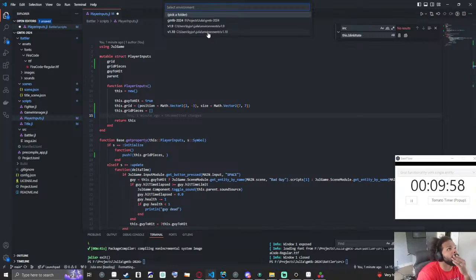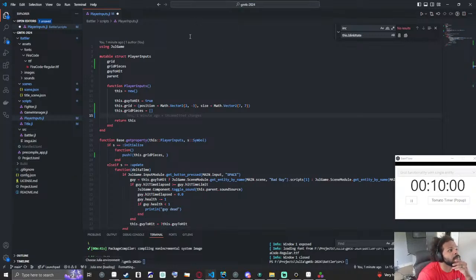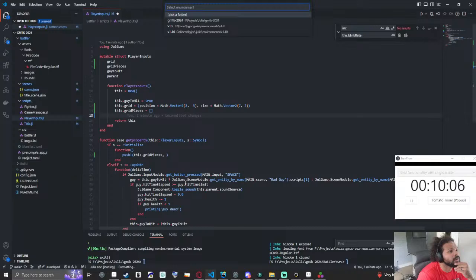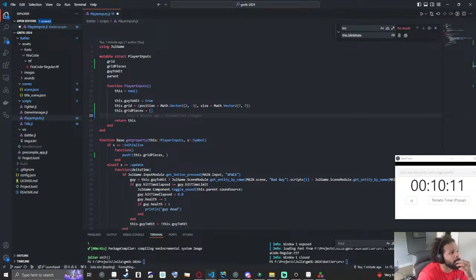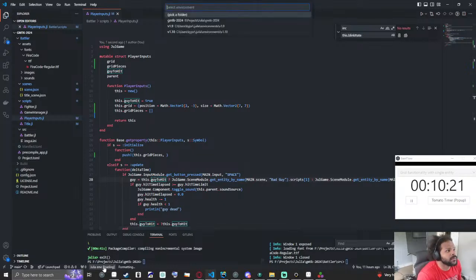Okay, so GMTK. Why does it keep saying loading though? Maybe I just need to reload it and